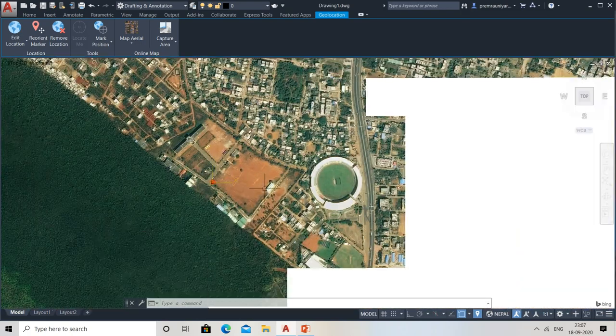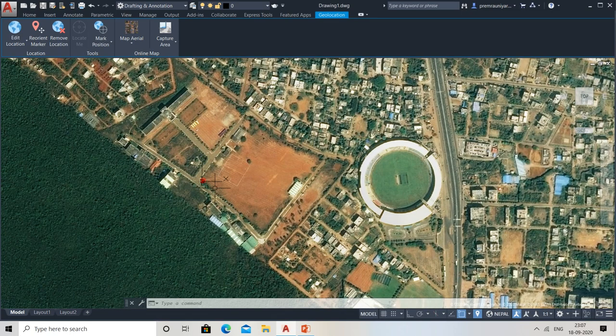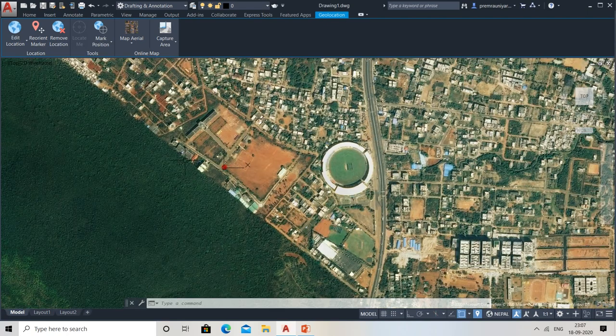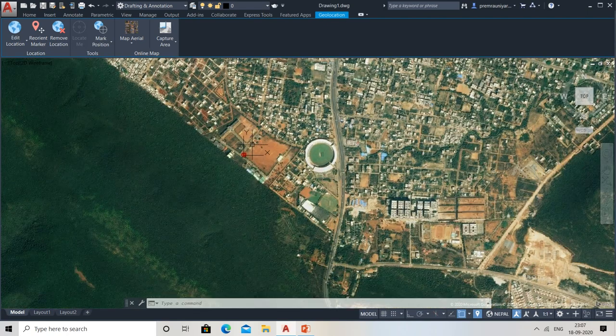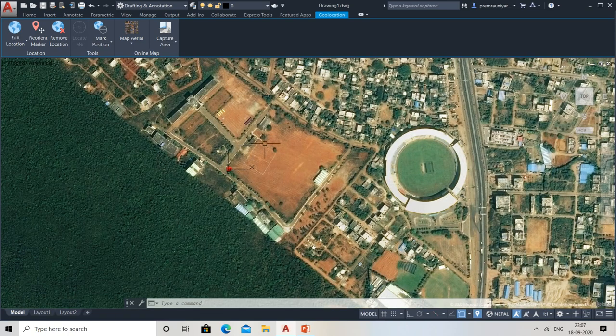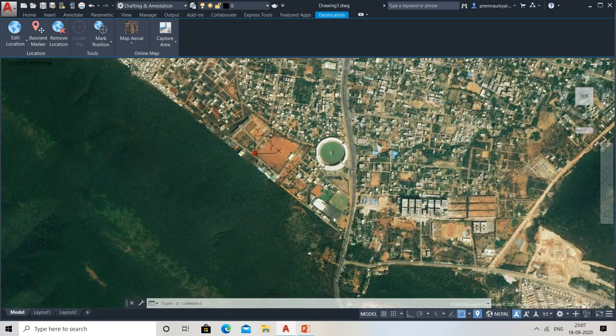Now this image covers a lot, meaning it covers many more things. It covers all of Visakhapatnam, right? But for my ease of view, what I need to do is select some of the area, right? If I select some of the area, that will be better for me. So except this, I need to remove all these things. So let me show you.